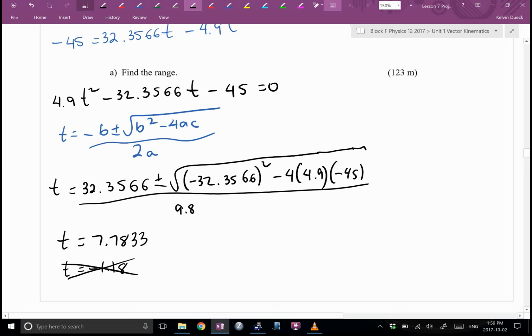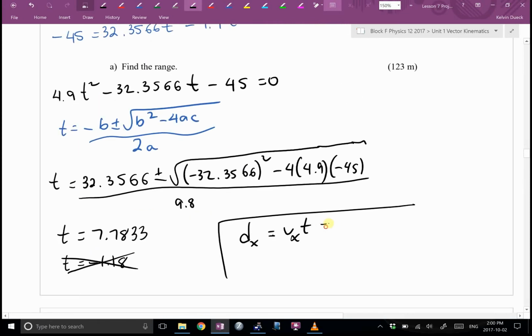What did this question want me to find in the first place, Kyle? Oh, range. That's dx, and that's just going to be vxt. I've done my rant about don't put a horizontal into a vertical and vertical into a horizontal. One of the things, Manir, that drives me crazy: kids have finished the quadratic, they've done all the hard work, and then they go plus 9.8 t squared. And I just, no, it's easier. No a, much nicer. And they make a silly mistake at the end because I think they've let their guard down. So it's going to be